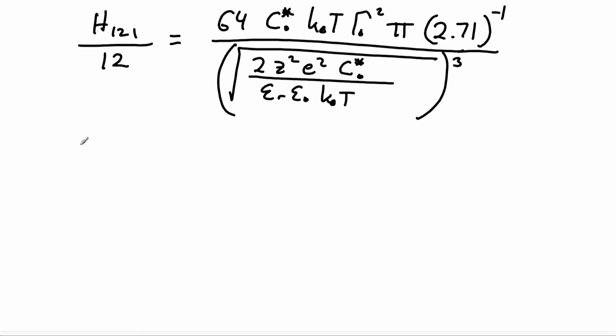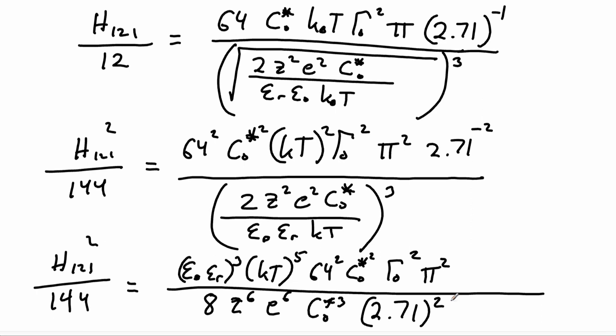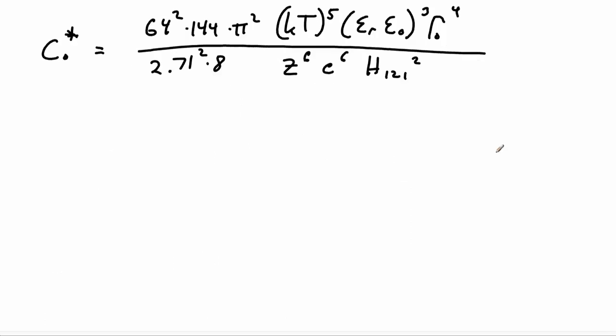The easiest way to do this is to square both sides to get rid of that square root right away, because we're going to need to do that at some point. Might as well do that now. So get rid of the square root, and we can see now what we can do is take these parts and put them up on top. Let's go ahead and solve for C. C0 squared with all but one factor of C. Multiply both sides by C, and so we're going to solve for C that way. So multiply by C, divide by the Hamaker constant squared, multiply by 144. So the convenient thing about writing it like this is we can circle all this, and these are all just numbers. And we plug those in, and we get,